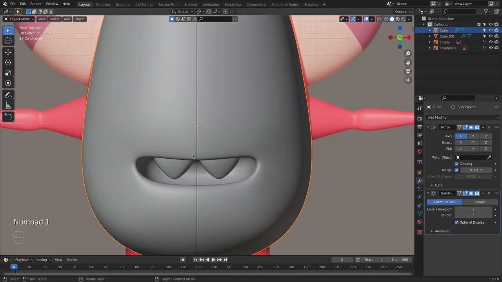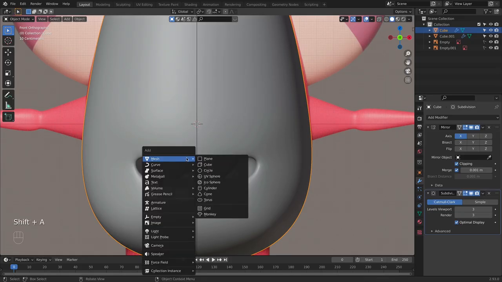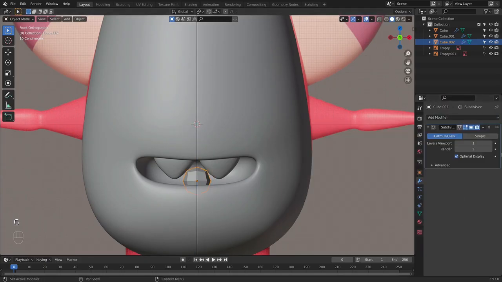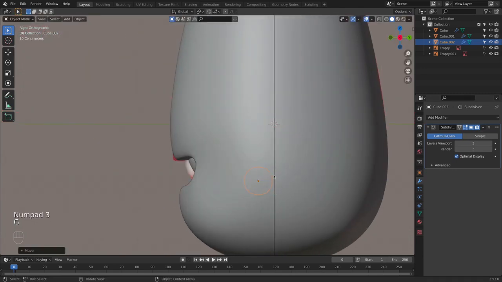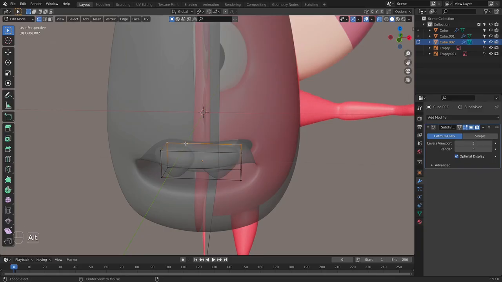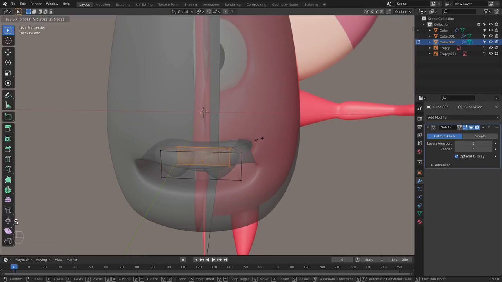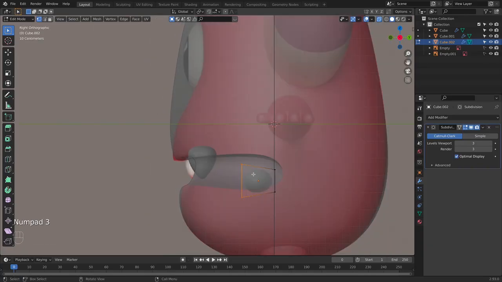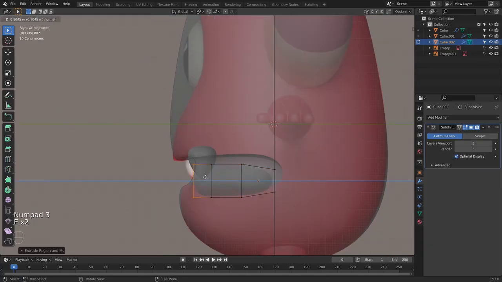And now for the tongue, the same procedure goes for the tongue as it did for the teeth. So we are going to press Shift A, add a cube, scale it down, bring it down, add the subdivision surface modifier, increase the number of subdivisions to 3. Now I will go to the side, I will scale it in x-axis, then I will scale the back of the tongue, just press S. Now I will select this face, press 3, extrude it once, extrude it